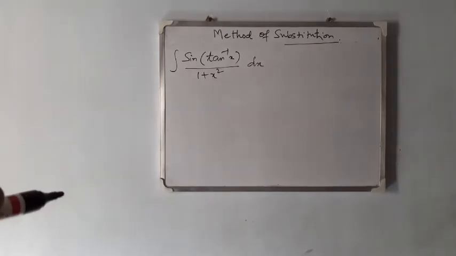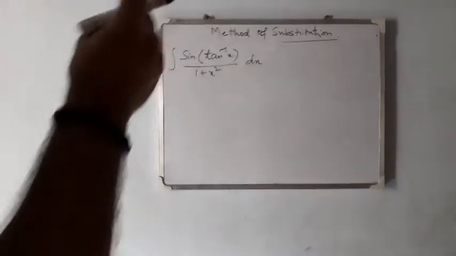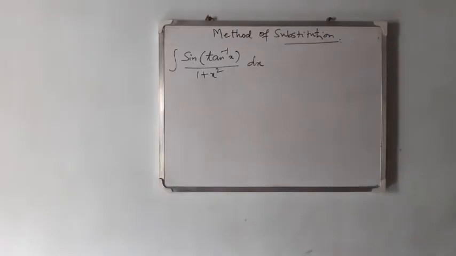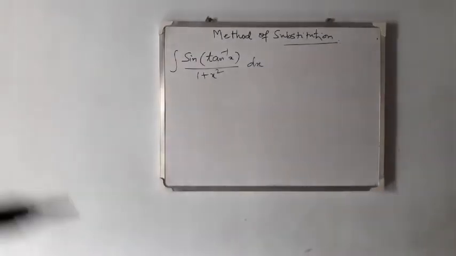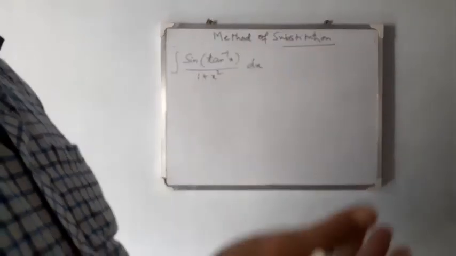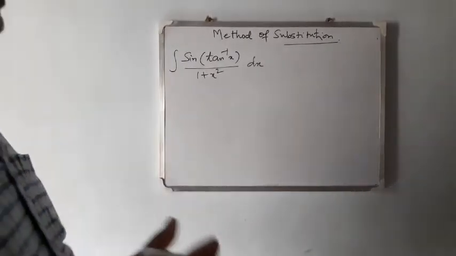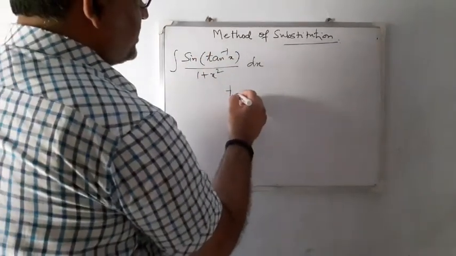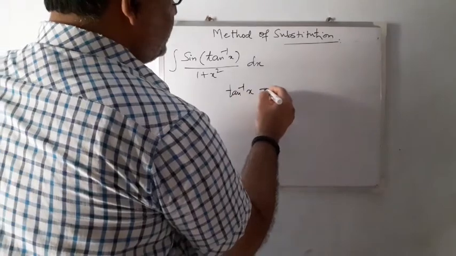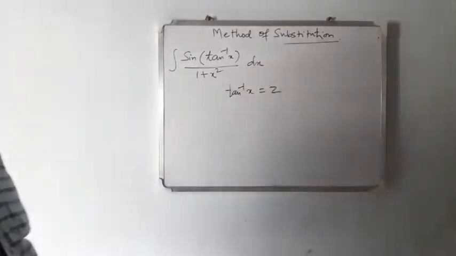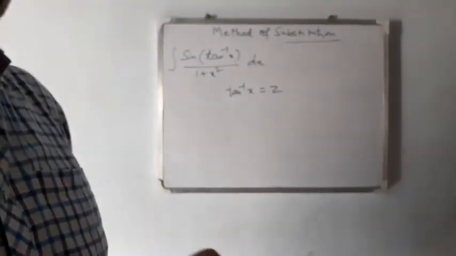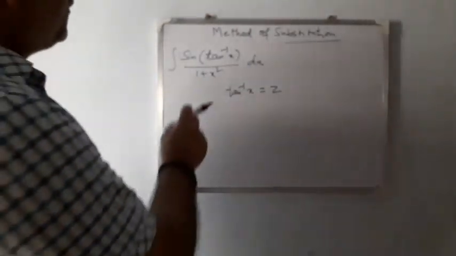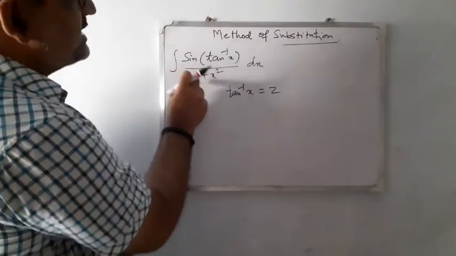Now think a little bit over this problem. Now what to do? You have to keep in mind all the formulae of differentiation. If you are keeping a function as z, then what about the differentiation of that function? See, if we assume tan inverse x as z, then what about the differentiation of tan inverse x? It is 1 by 1 plus x square. Remember it.